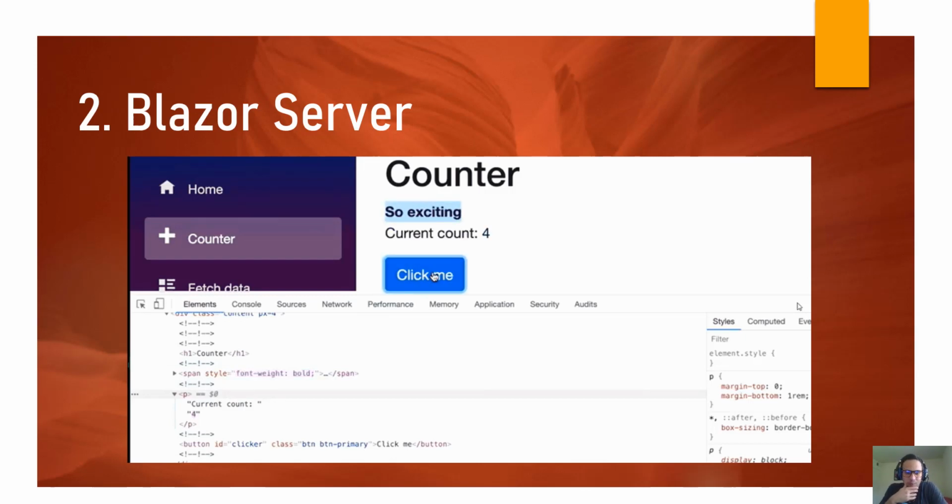Let's take a look at this example. So we have a counter here, we have a button, and every time we click the button, we change the text to bold. If we take a look at what's happening on the elements, we see that the only thing that is being updated when we click is the font weight of bold, nothing else. So this is so efficient because when the button gets clicked, this event is sent to the server,